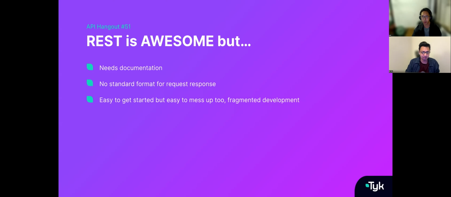Then the other problem is that there is no standard format for request response. The flexibility brings in a little bit of challenge when it comes to lack of standardization. There are obviously best practices associated with it, but there is nothing that is usually enforced when it comes to your request responses within REST. And then finally, while it is easy to get started, it is also easy to get messed up, because you could create APIs in several different languages. Again, without having a standard format that is enforced, it makes it very difficult for you to not go wrong as well. Sometimes the guardrails tend to be missing. Once again, flexibility is awesome, but sometimes you do need those guardrails, especially when you're getting up and running in the early days.